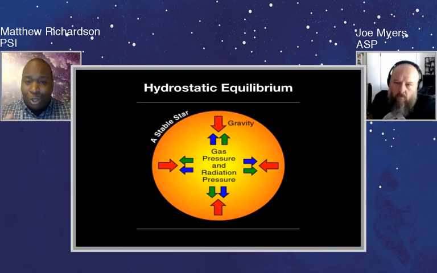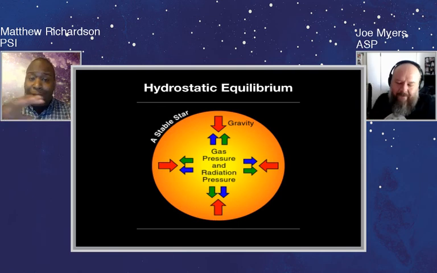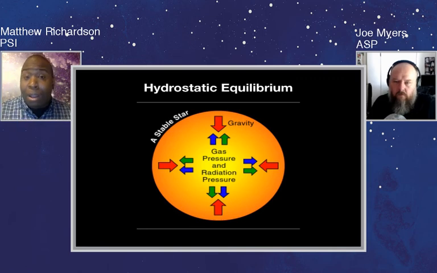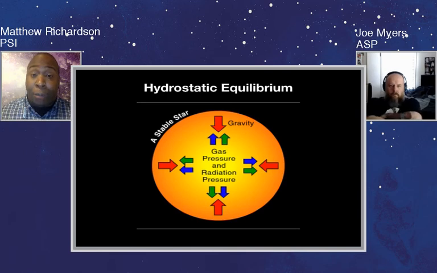So there's a struggle between gravity trying to collapse the star and the gas pressure along with the radiation pressure pushing outward to stop that collapse. This whole process is known as hydrostatic equilibrium. It occurs in both what's generally termed low mass as well as high mass stars. However, again, the reason we're able to have this hydrostatic equilibrium is because we have the gas pressure and the radiation pressure pushing outward.